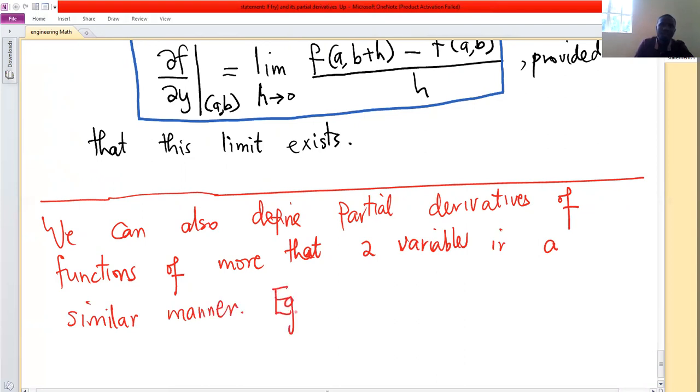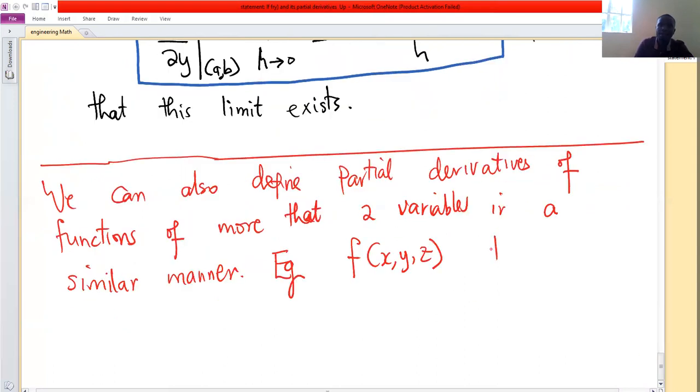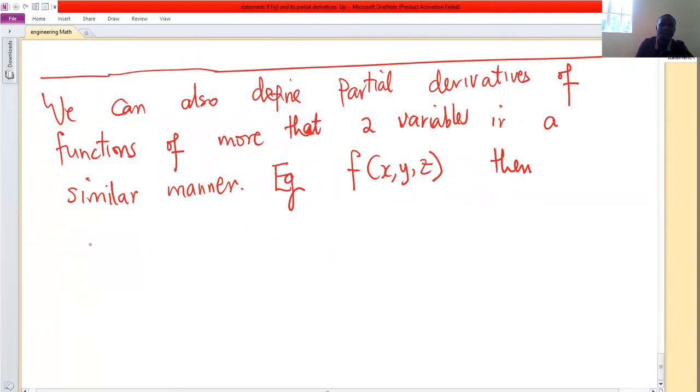E.g., if we have a function of 3 variables, f of x, y, and z, then the partial derivative of the function with respect to x is given by partial f,